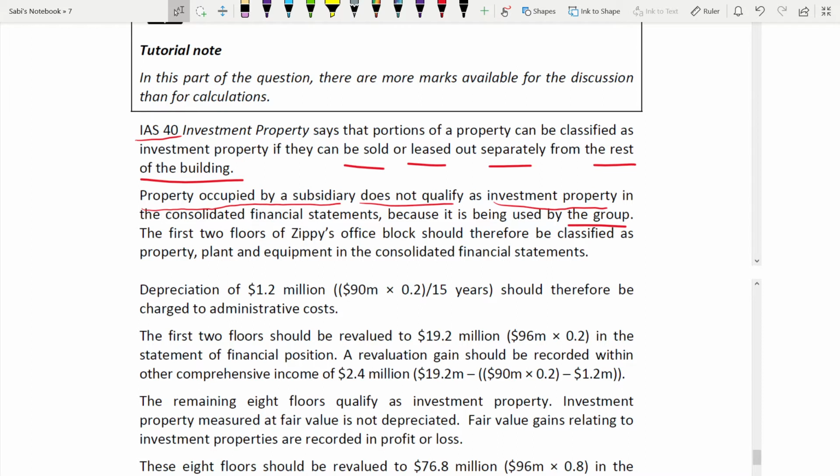The parent is giving it to the subsidiary. So the subsidiary is in the group, no? The parent and subsidiary are in one group. That's why we make group financial statements. So even for investment property also,